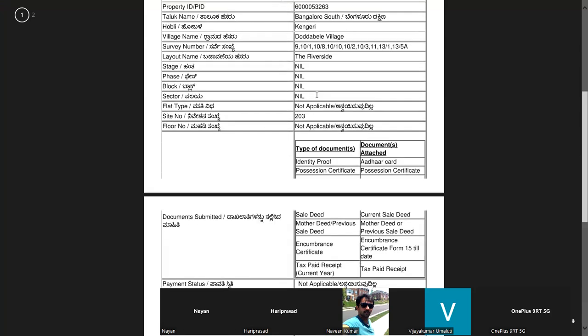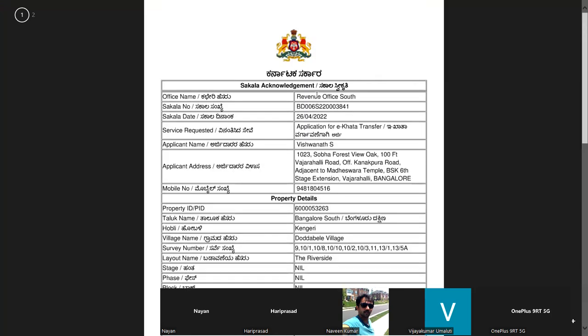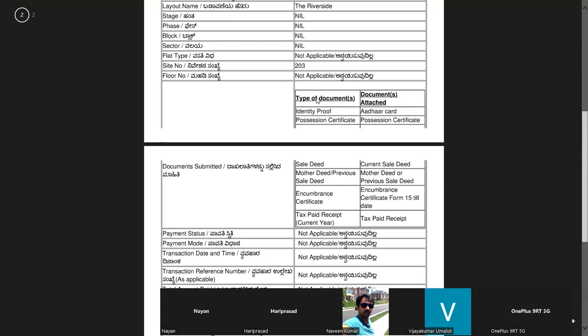Along with the print of this, we need to attach the Aadhaar card, current khata, and sale deed. Release deed is not required actually because they already have a file. EC is required for at least 5 years, and the tax paid receipt, whichever the buyer has paid. All this information in hard copy. Along with that, 2 photos of